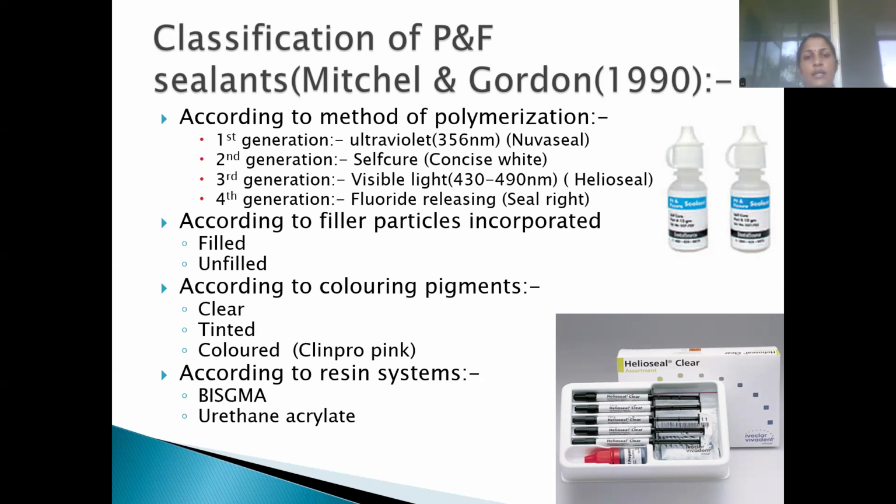Then according to the coloring pigments, it can be classified into clear, tinted, and colored. Colored is more advantageous because during the follow-up visits, we can always check whether the pit and fissure sealants are lost or not. Then according to the resin system, Bis-GMA,